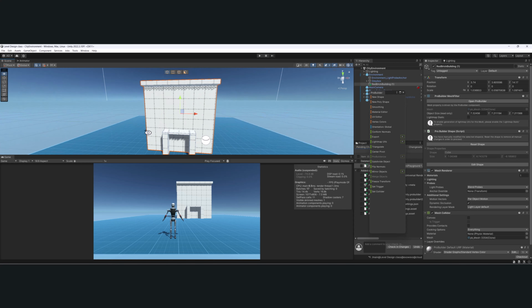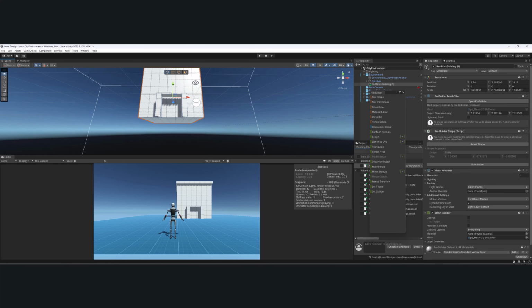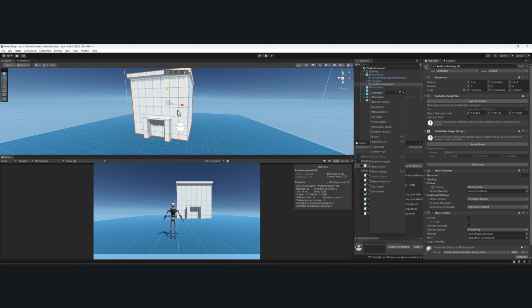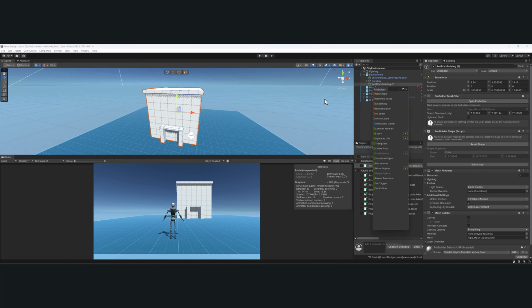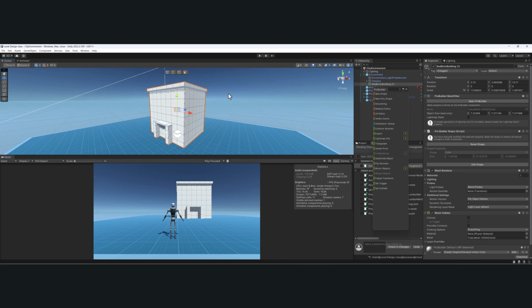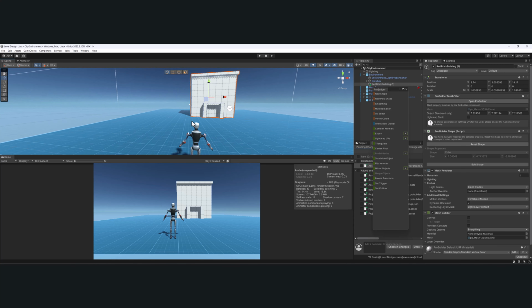Spend some time scrolling your wheel in and out to zoom, clicking your wheel in to pan, alt and left clicking to rotate, hitting F to focus. You're just trying to get comfortable with the environment. And also these tools, there's a lot going on here. So if you feel a little frustrated, like how do you move? How do you pan? Like getting the camera,